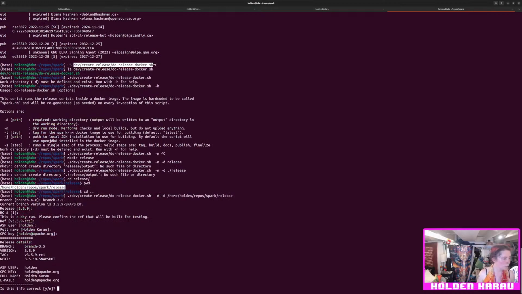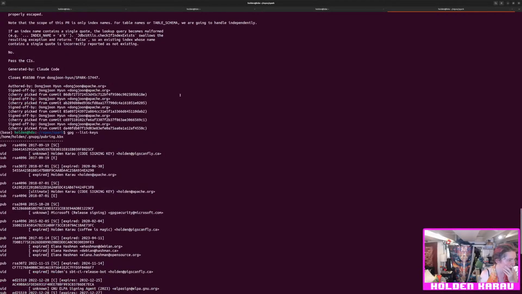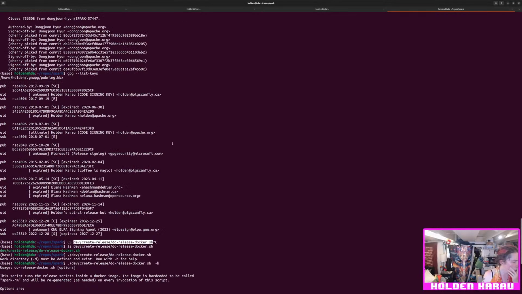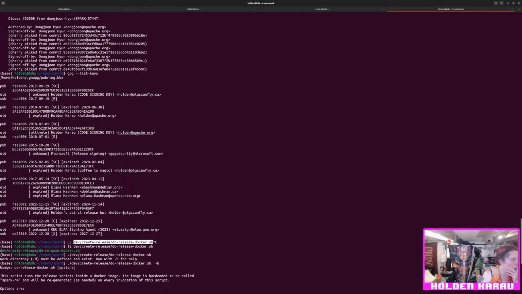Is that gonna work? Because I have multiple GPG keys for Holden at Apache.org, so will it pick the right GPG key? Or do I only have